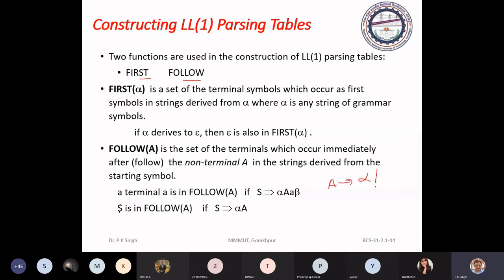So first of alpha will have all the terminal symbols that will appear as a first symbol in the substrings generated by the construct alpha.